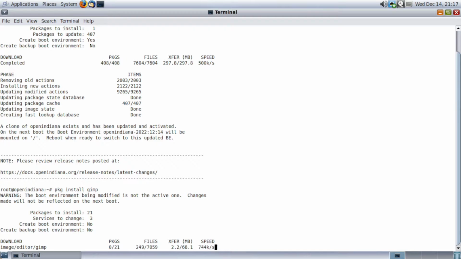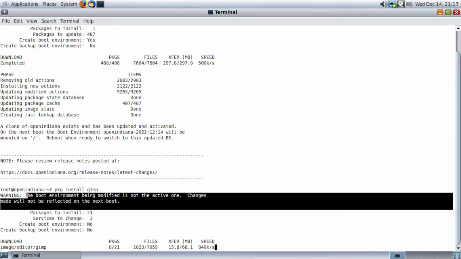There we go. Just downloading it. Packages installed, 21. Oh no! Right here: the boot environment being modified is not the active one. Changes will not be reflected in the next boot. I'm going to have to redo this. So I'm going to go ahead and kill this